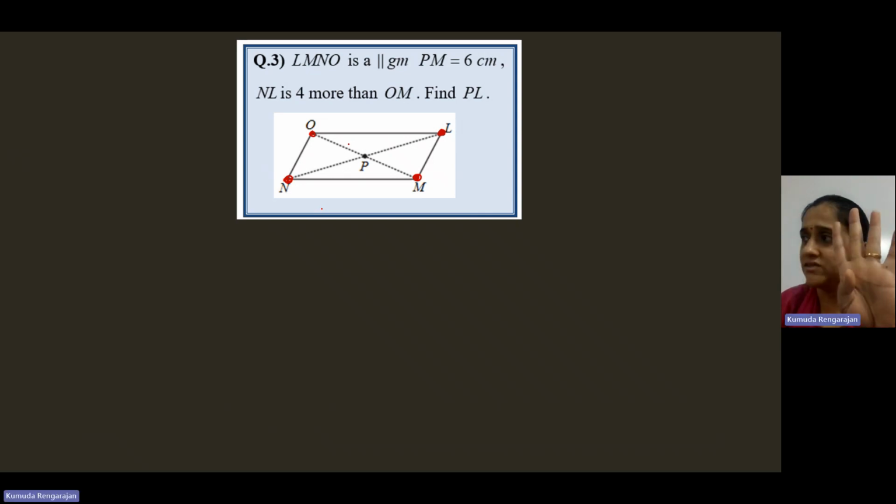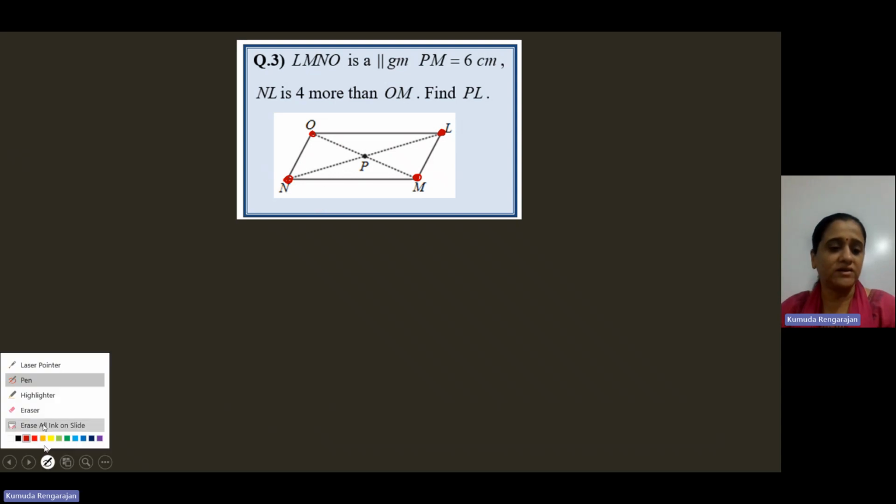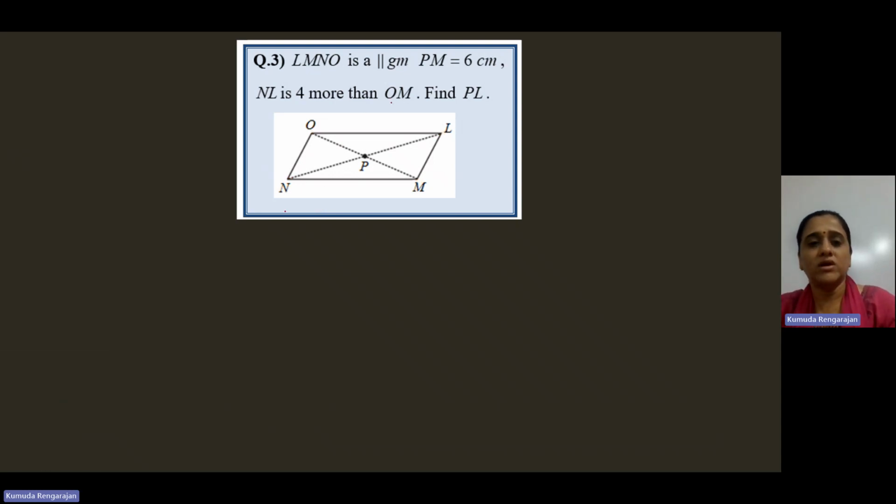This figure has 4 sides. It'll have 4 interior angles, 4 vertices. The number of diagonals is 2. It has 2 diagonals. Now what is given? PM is 6. PM, this one is 6. Now, with just this information,